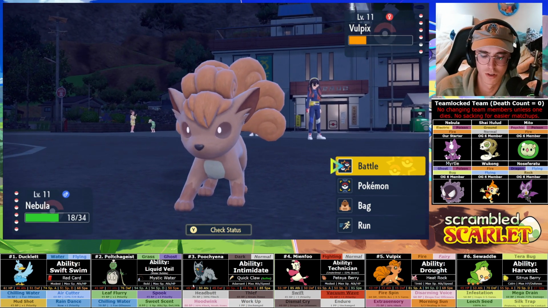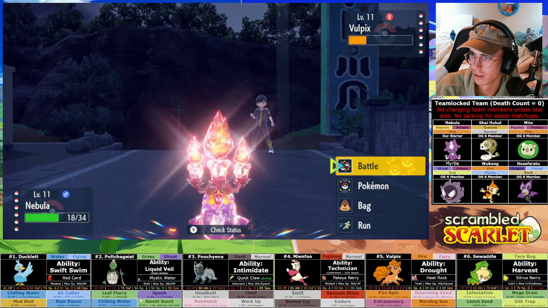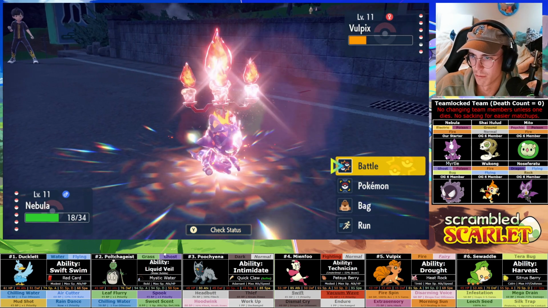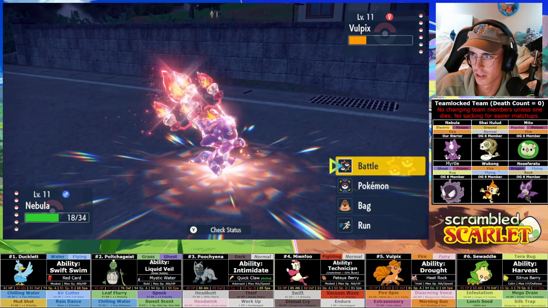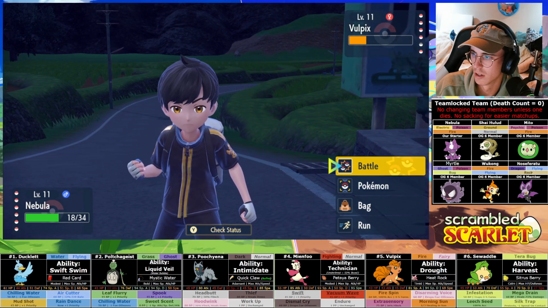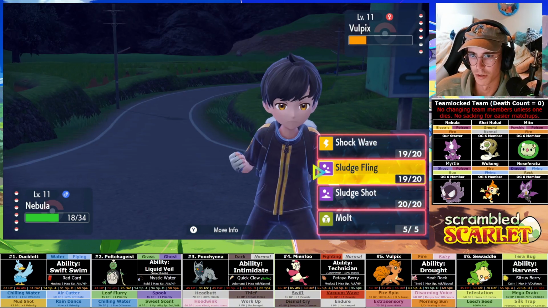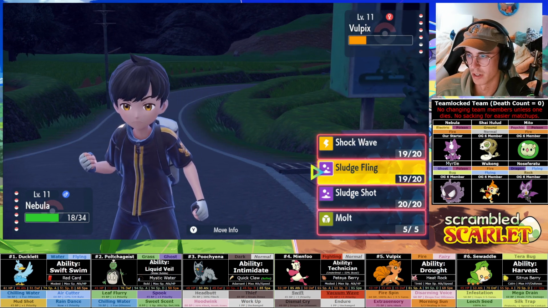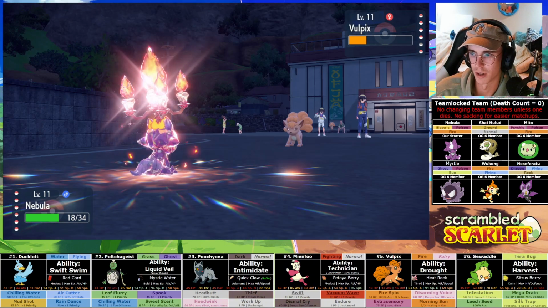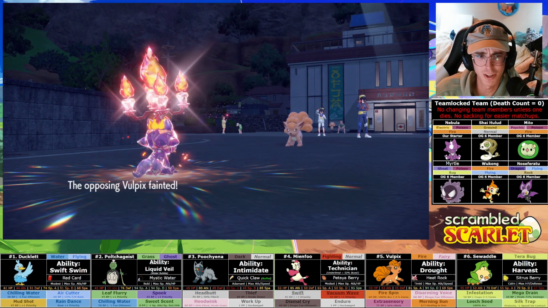wait. I'm pretty sure the Fire Spin goes away, right? Yeah, Extrasensory always did more than Fire Spin, so I'm kind of confused. But if he's at -2 speed, I should always outspeed, so I'm actually just gonna go for another Sludge Fling. Pretty sure there's no reason not to, because he is -2 speed, right? I'm pretty sure. Should go faster, because I'm 19 speed. Yep, they're 16. Perfect, we kill that. And we still have a high HP